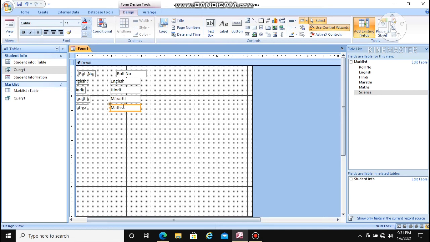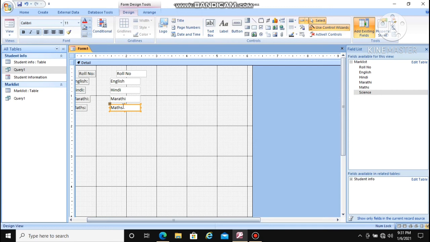Now one more thing we are going to do is add some control buttons. And what is a control button? Control buttons are some of the basic tools of your form which you can use to make it more active, more attractive, and an easier way to enter the records. And how to add the control buttons to your particular form?